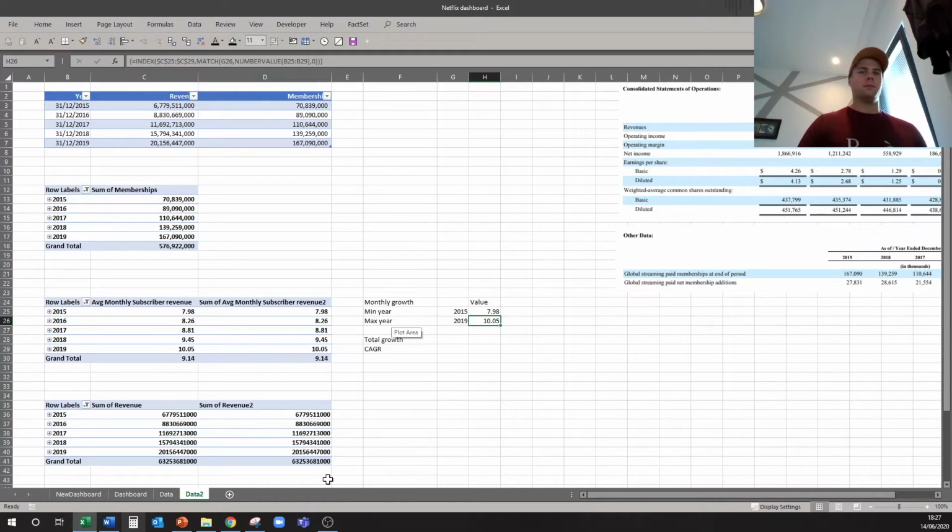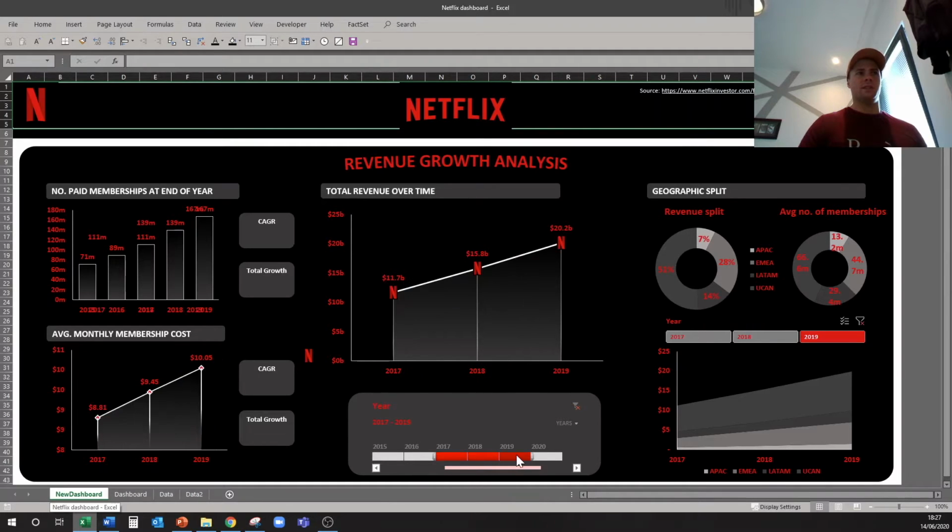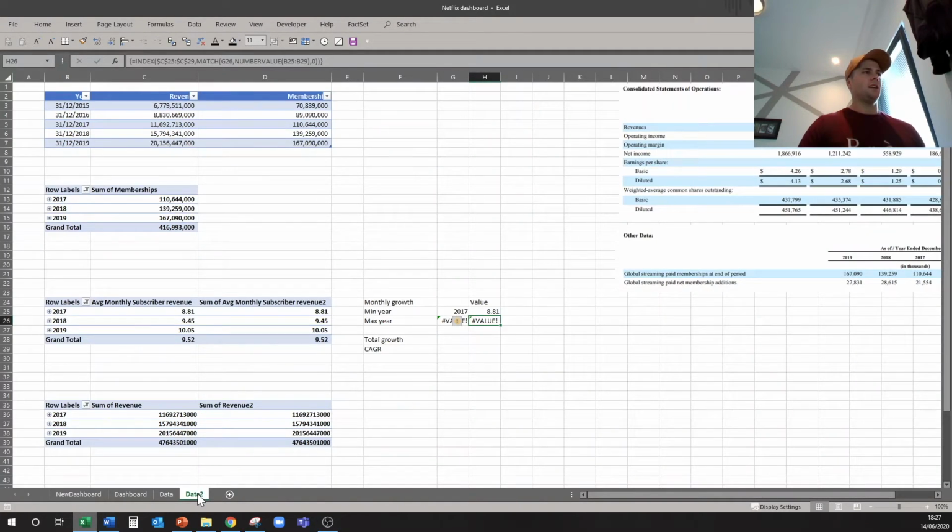Now I'll show you what happens, because this can slightly break. So if you go to a new dashboard now, and if we pull this to 2017 to 2019 again, and we come to our data, it's broken because it's looking at this grand total here, and it's getting confused with what's happening. It doesn't know what sort of value it is. So if you right click it, you can go Remove Grand Total,